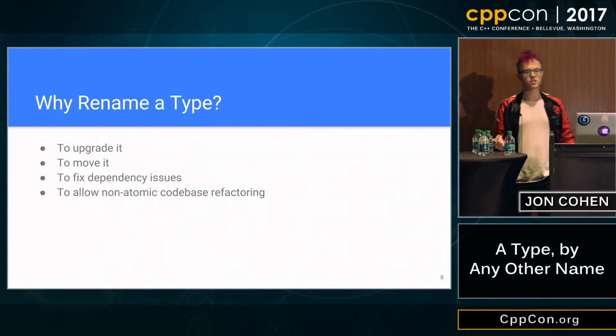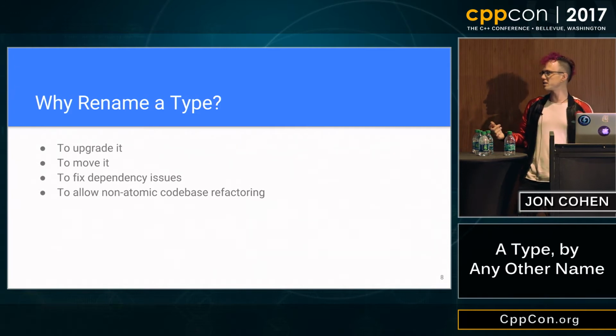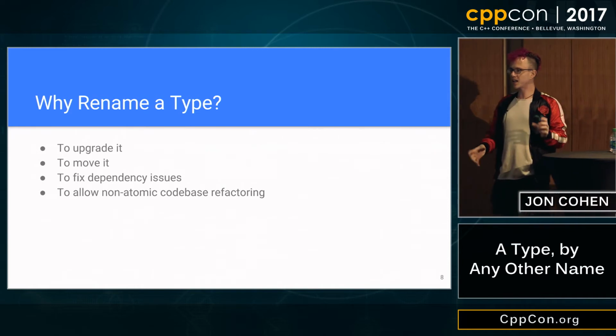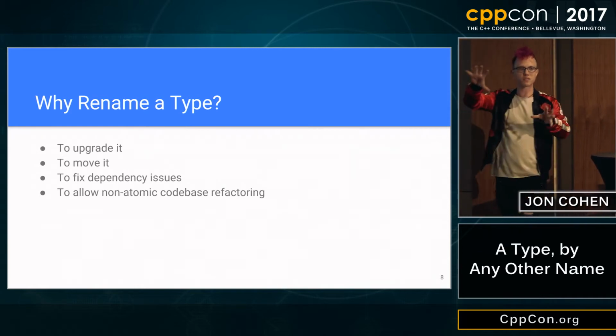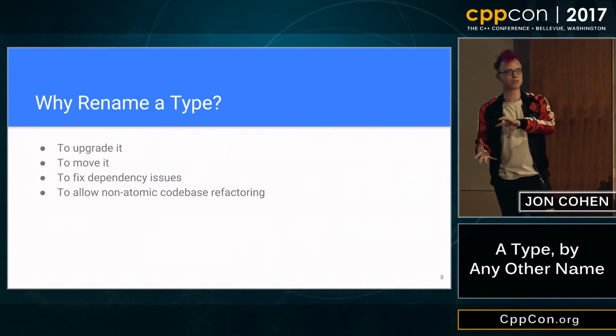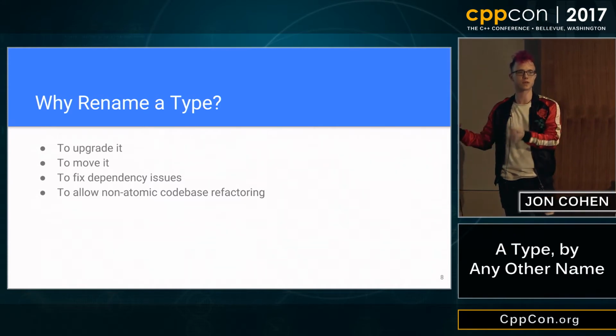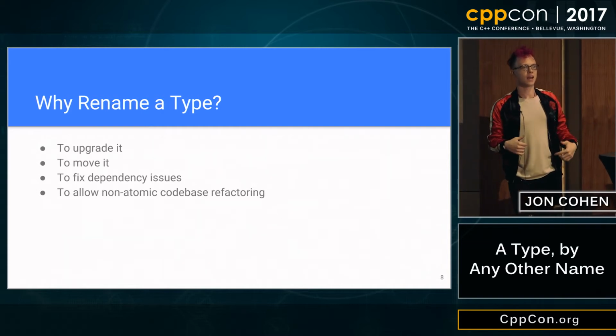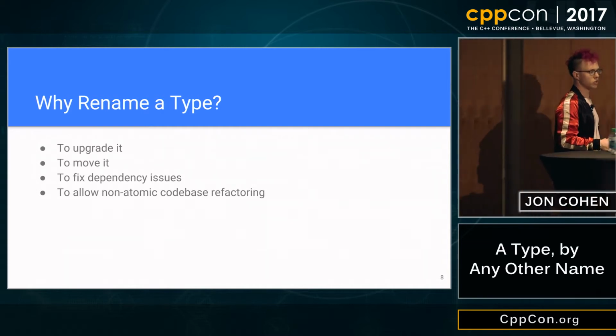You might want to move it. Maybe someone in your company wrote some really great networking code over here. And a lot of other people want to use it, but we don't want a bunch of people depending on leaf application code. That's not a good overall system architecture, system design. So we want to take this and put it in a central common location where everybody can get to it a little bit more easily.